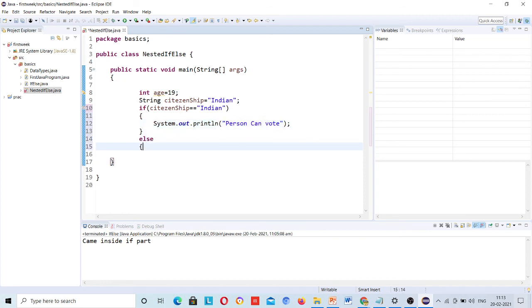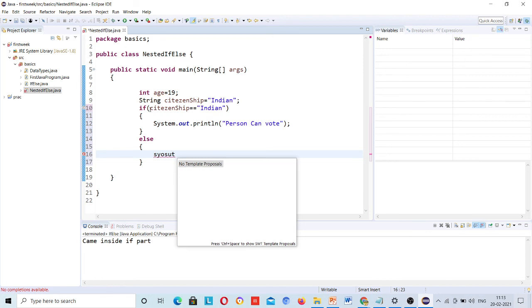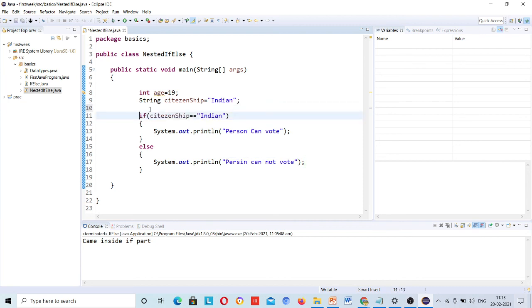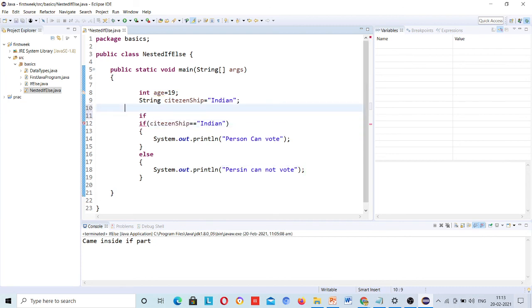Else sys out person cannot vote. Okay, but before checking citizenship is Indian, you have to check age as well, right? Just because an Indian citizen is 5 years old, the kid cannot vote, right?